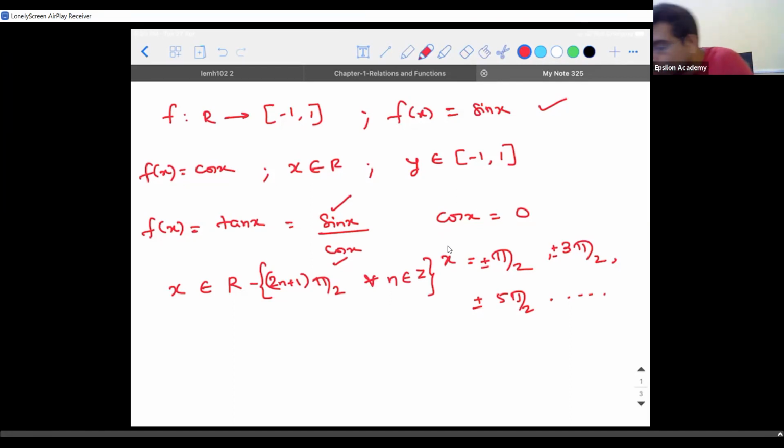So the important question that arises is, okay, I will not substitute any value which has a pi by 2, which is an odd multiple of pi by 2. By me substituting all these other values, what is the maximum value tan can generate and what is the minimum value tan can generate?